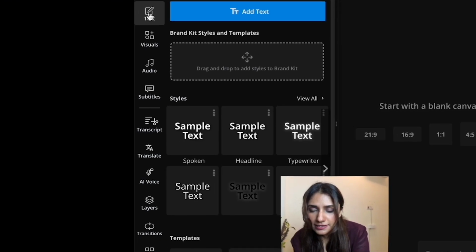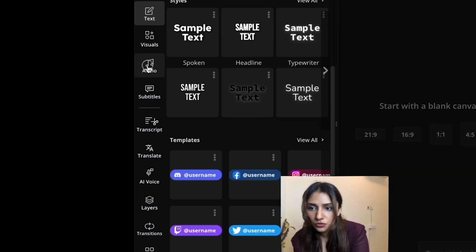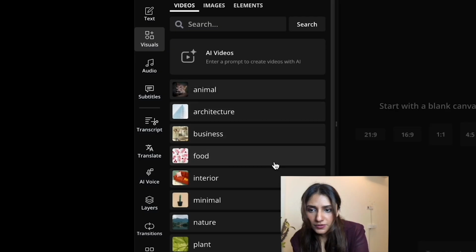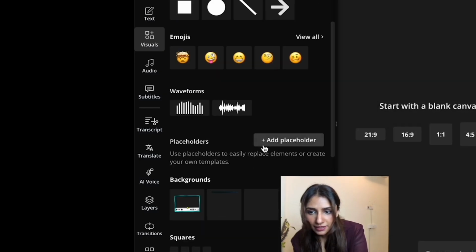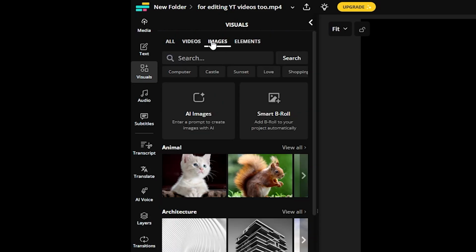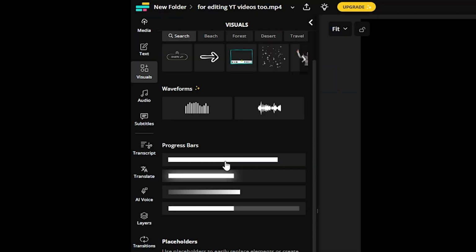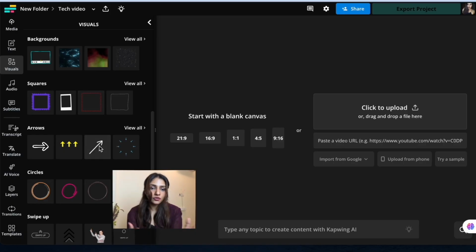And then there is this text option. It gives me lots of text options that I can easily control. It has visuals, so a lot of B-roll can be done from here, and elements that I can use. So this is a lot like Canva, but for videos, and it's actually better than Canva for videos.